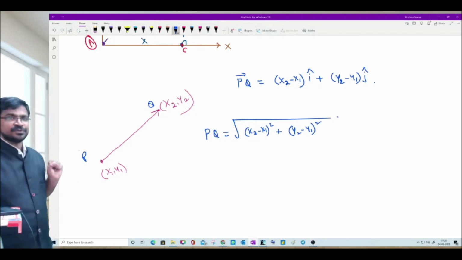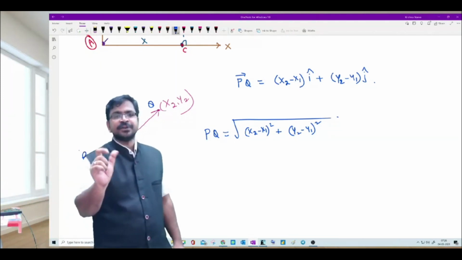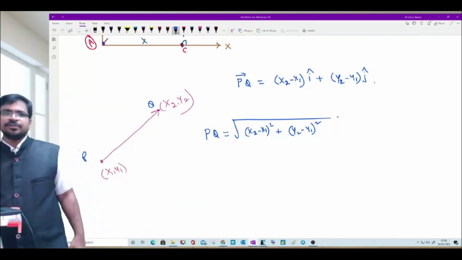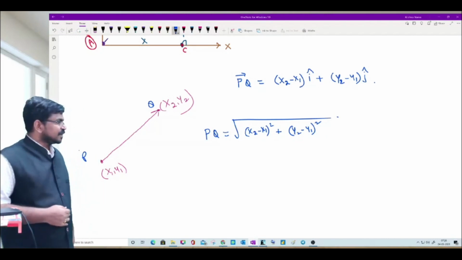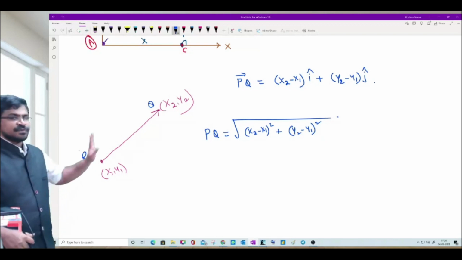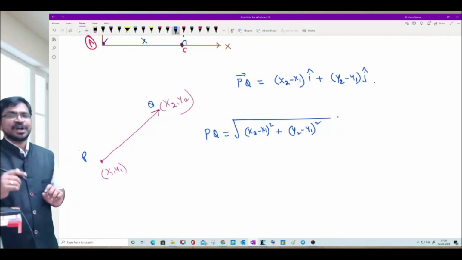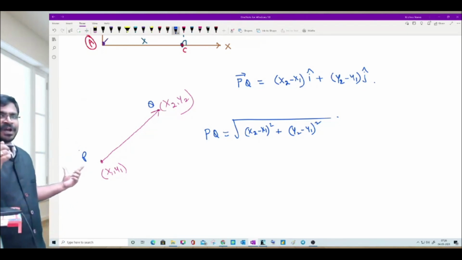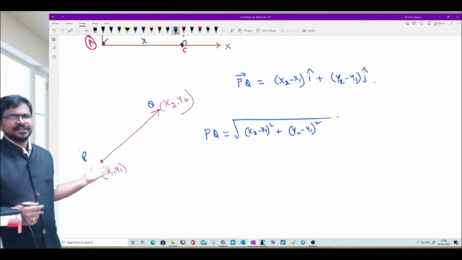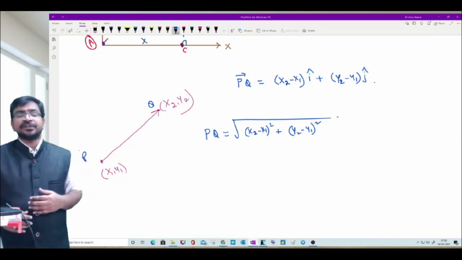But if you observe this carefully, this formula is the length of the line joining two points. I hope those who have completed coordinate geometry, those from 10th class, 9th class, and who have completed IIT foundation, you might have got this one: the length of the line joining two points x1 comma y1 and x2 comma y2 is the square root of x2 minus x1 whole square plus y2 minus y1 whole square. In the same way, the length of the line joining is the magnitude of the vector joining those two points.